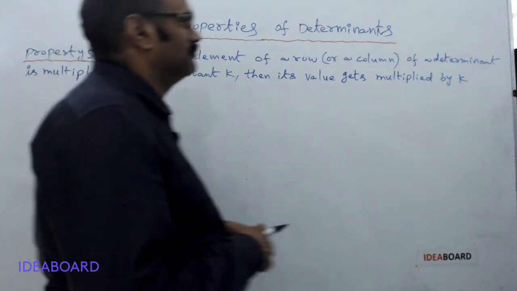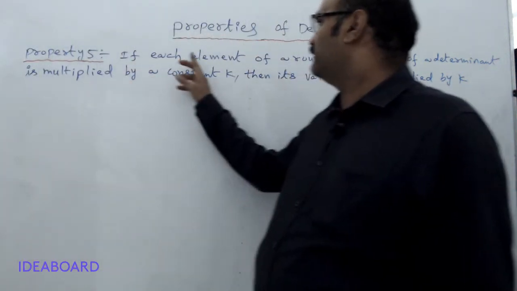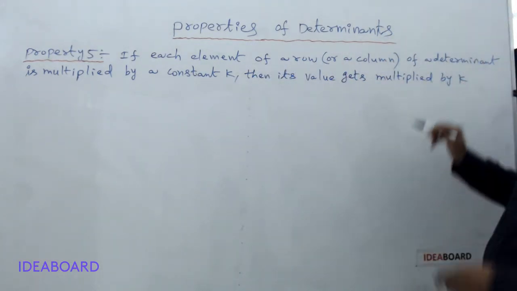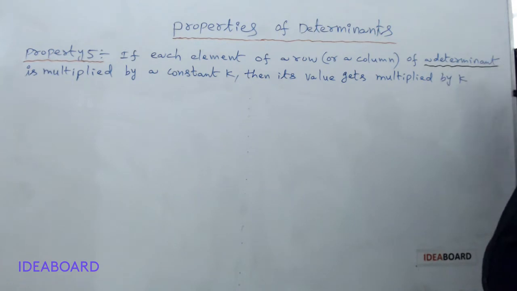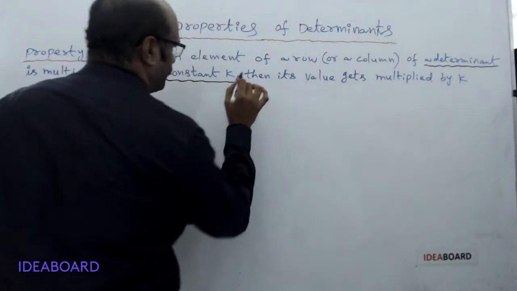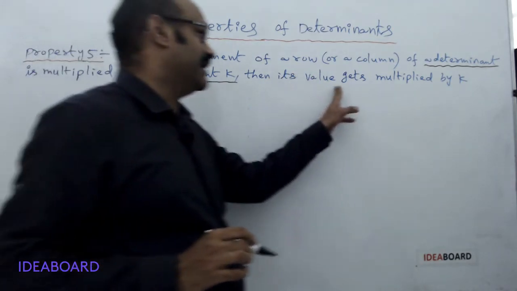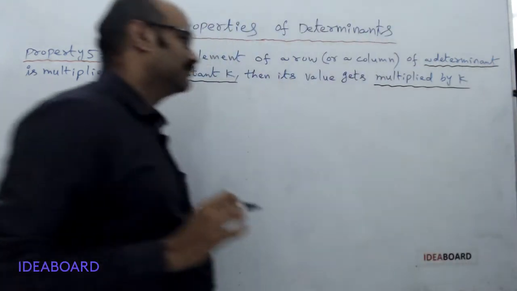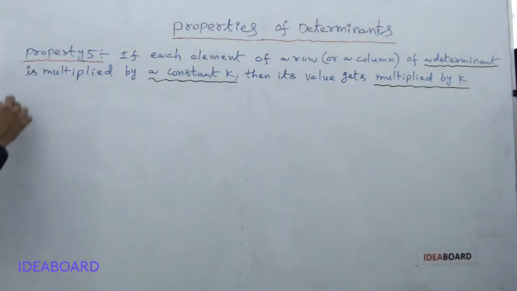Property 5. If each element of a row or a column of a determinant is multiplied by a constant k, then its value gets multiplied by k. So here the proof is,